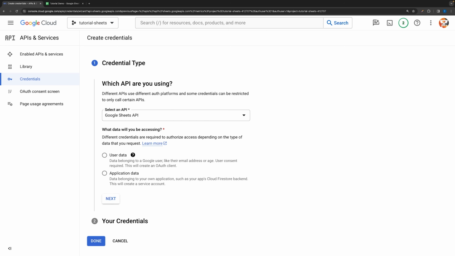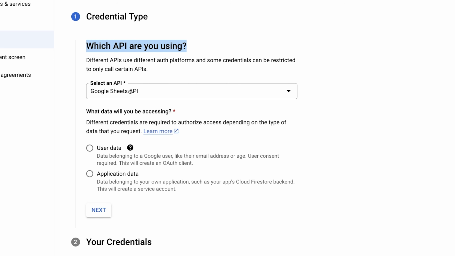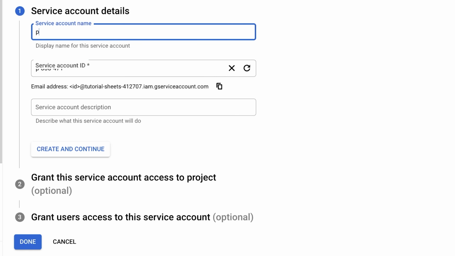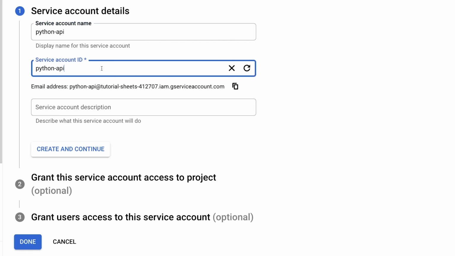Now it's going to ask us what type of API we're using. We're going to select the Google Sheets API, and where we have user data or application data, we can simply select application data. That'll bring us to next, and this is where we're going to create a service account. So what we need is a service account. So what we'll do is give this a name. I'm just going to call this Python API like that,